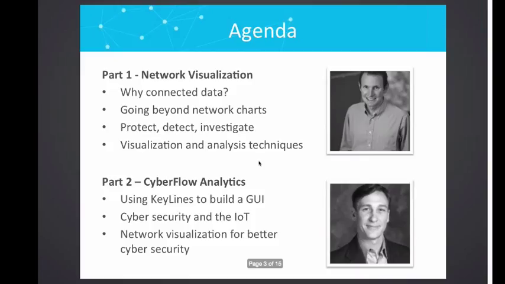This is what we're going to be talking about today. It's divided into two parts. The first one is going to be me, and I am the visualization expert. And we'll be talking about how KeyLines, our product, can be applied to cybersecurity solutions, the benefit of looking at data in a connected fashion when you are trying to solve cybersecurity problems, and how to expand beyond static visualizations of the data that you have collected,